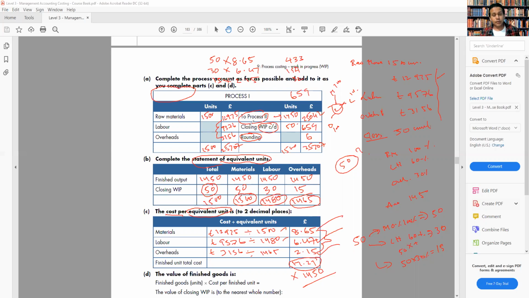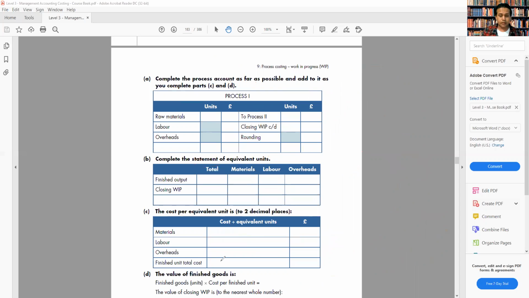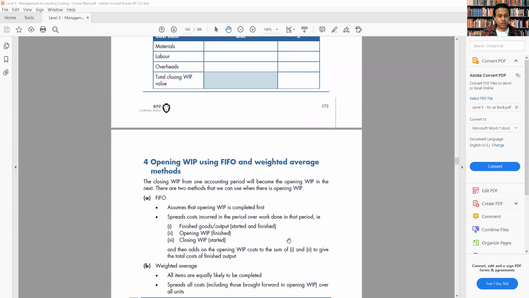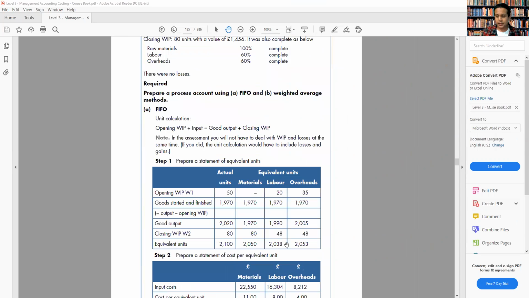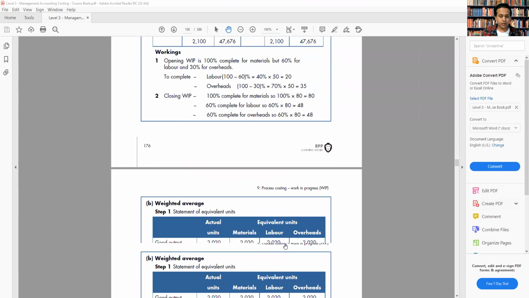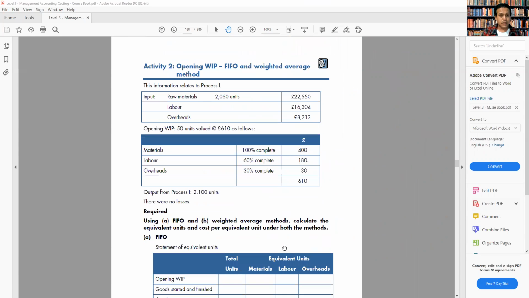So the next one we'll do, we have one more question from this chapter that will be for the opening and closing both, and that will be even more tricky. So we'll do it, of course, and I want when you do it, after that you can revise yourself again. So let's take a break first, and we'll come back, and after that we'll start from